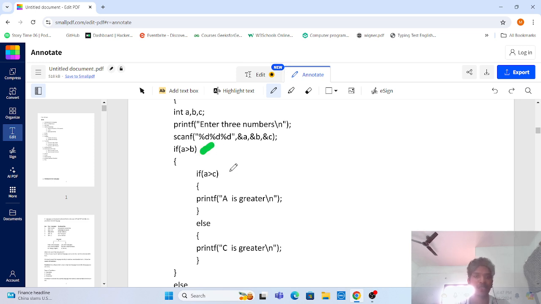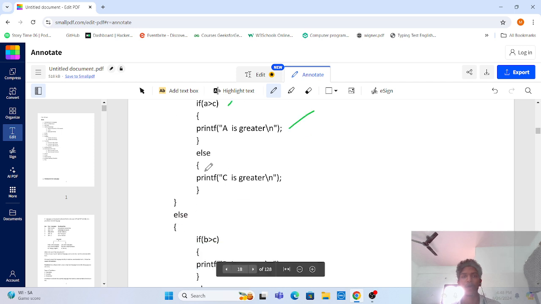Here we are just discussing what the conditions are. If a is greater than b, these are two conditions. If both are true, then print a is obviously greater. For example, an easy example, a is equal to 5, b is equal to 10, c is equal to 12. If these conditions are true, obviously not, so we go to the else block, print c is greater, obviously 12